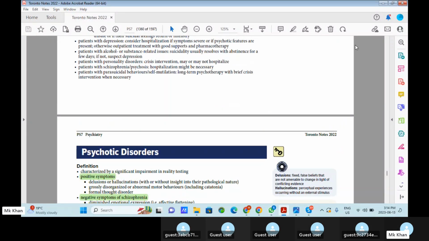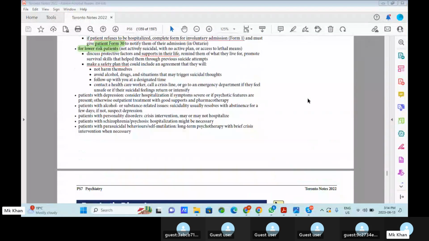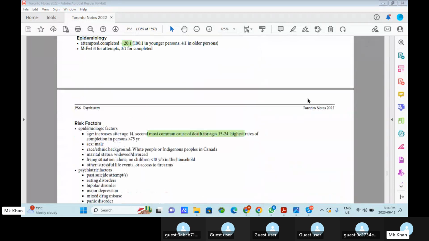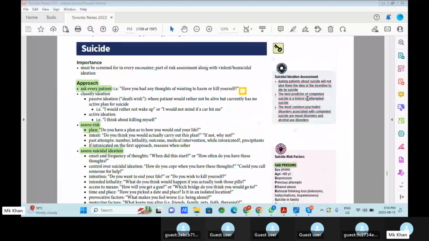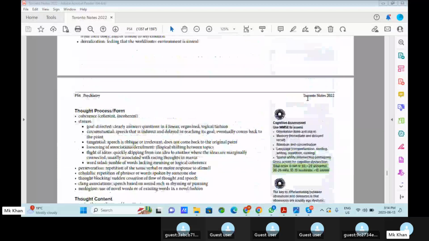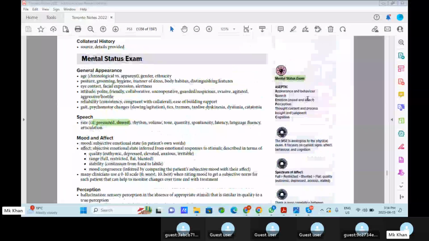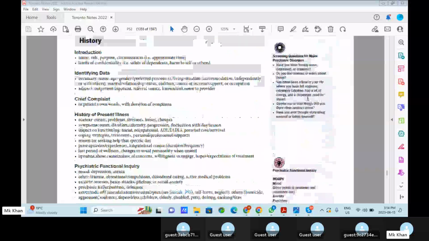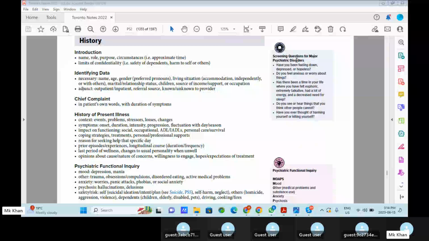So basically in psychiatry, the first part here is the assessment and all that, like history taking. And I think it is more important for the NACOSKI part. But for us, we have to know what the important tests are that we are doing for the assessment of the psychiatric patient. And this questionnaire is for screening the major psychiatric disorders.